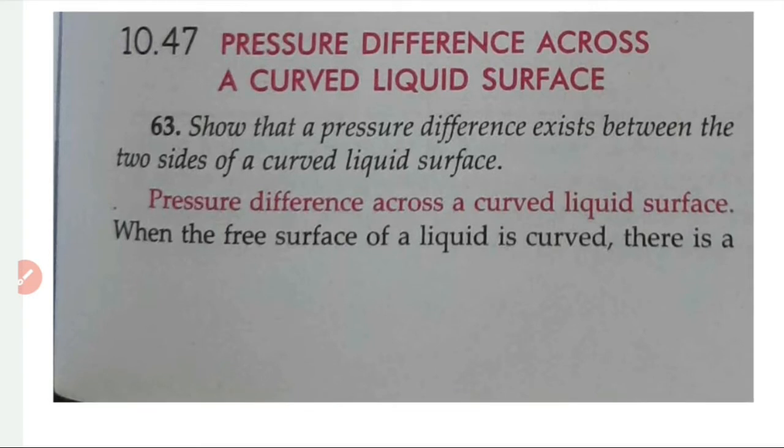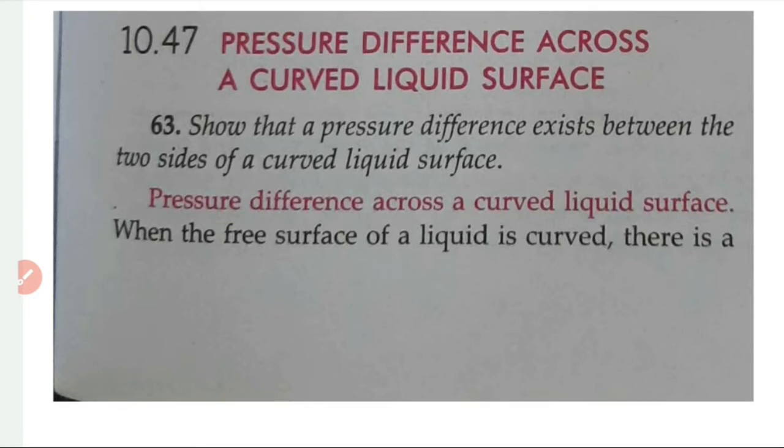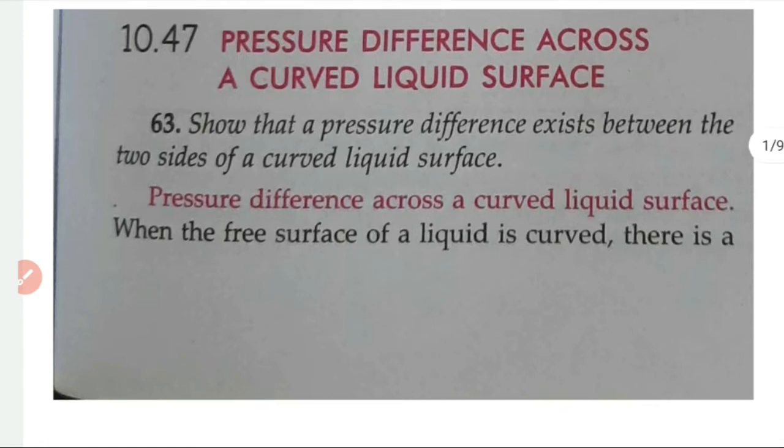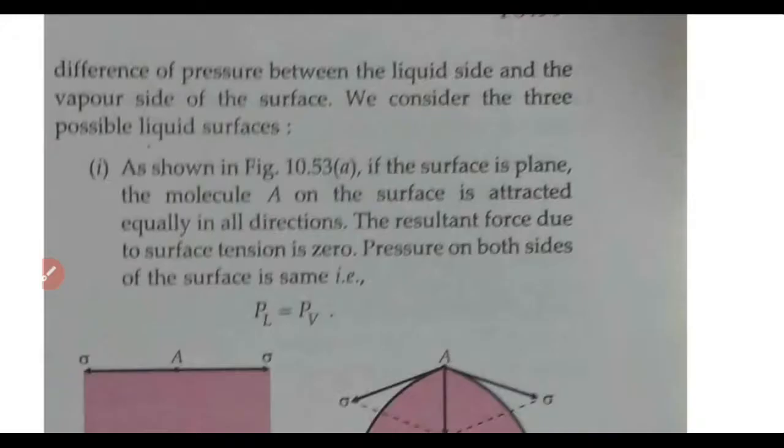Below the surface of water, there is water actually, and just above the water surface, we have air. So the surface is an interface between liquid and vapor. Just above the water surface, there will be water vapor also. So we can say that it is a liquid vapor interface. So there is a difference in pressure between this liquid side and the vapor side.